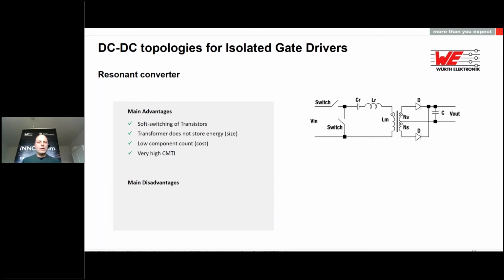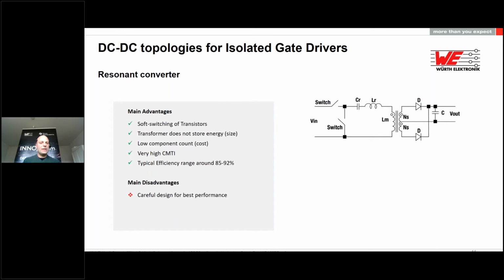This gives a very high common mode transient immunity, since it can use a transformer with a larger leakage inductance, resulting in much smaller primary to secondary parasitic capacitance. Good efficiency, 85 to 92%, taking into account the very low interwinding capacitance that we can achieve, and as a result, handling the leakage inductance well.